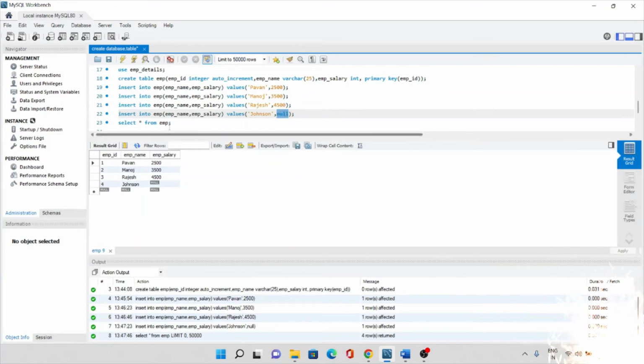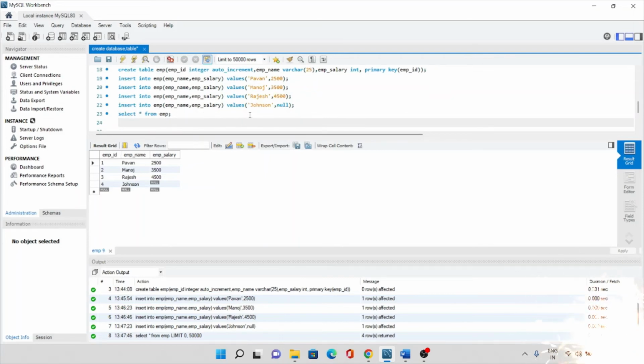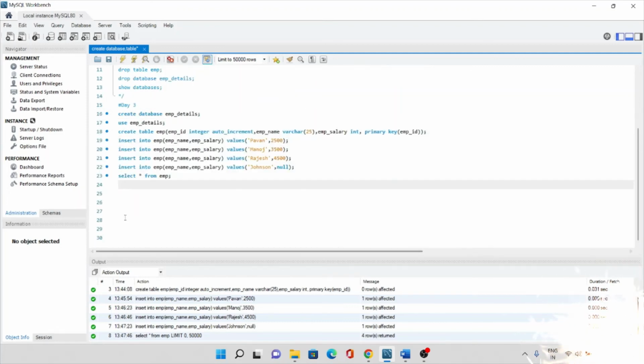So now let's see how to impute the value for that null value. Okay, so just try to remember the employee ID of that particular person whose salary is mentioned as null. Okay, so the employee ID is 4. Now I will try to update the value for that particular null value. Okay, so what I will do is update